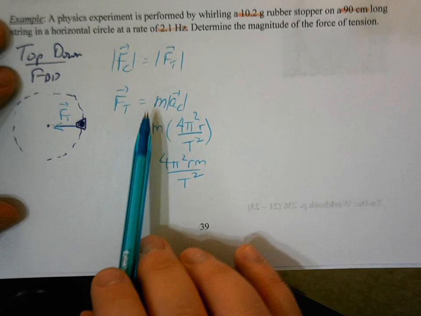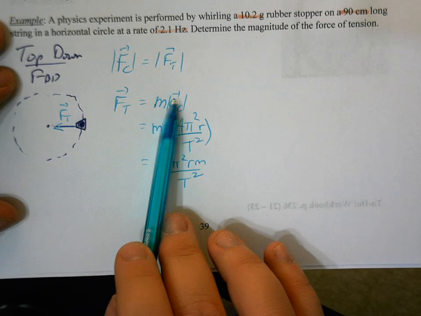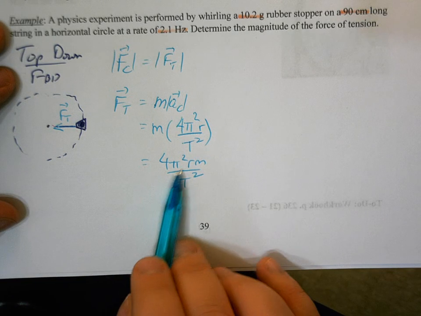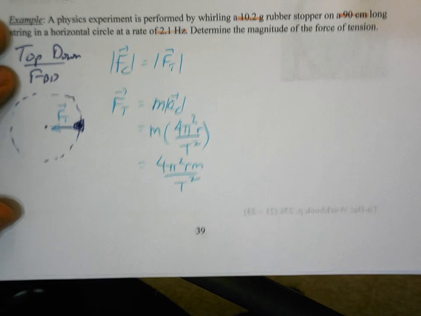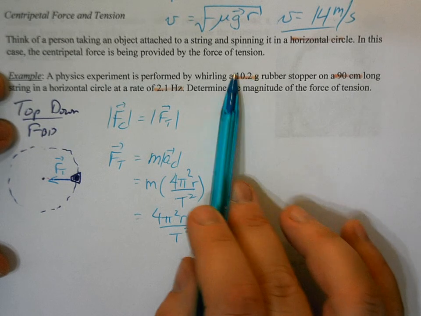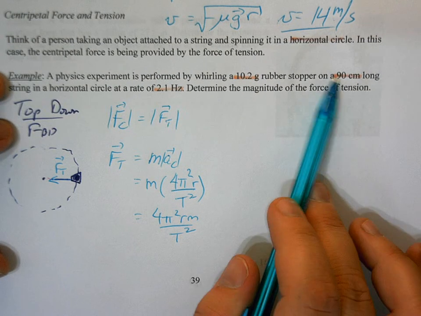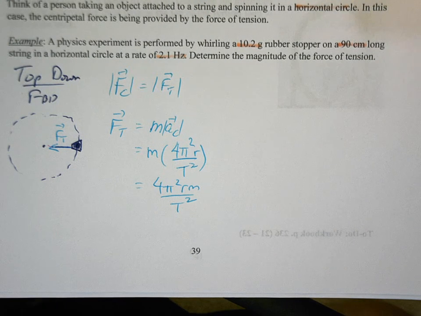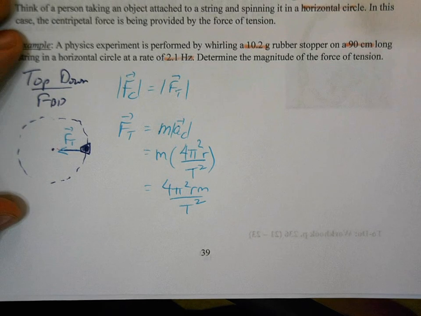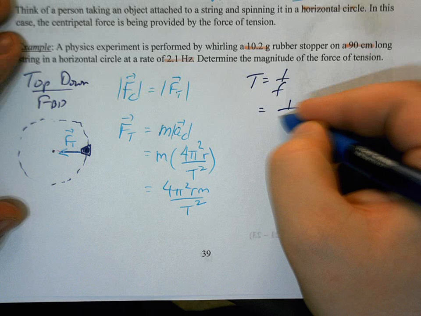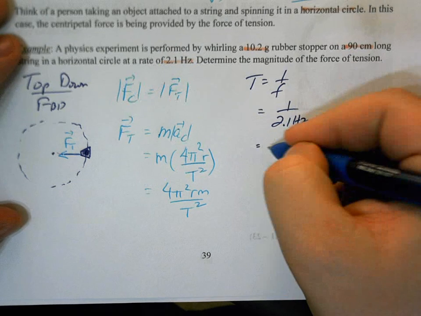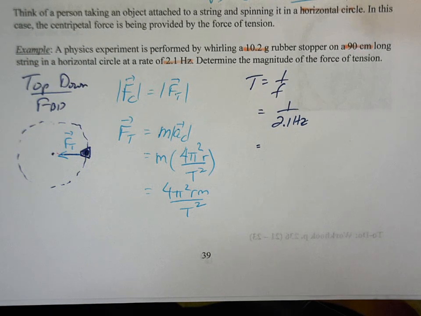So if we know the force of tension is the centripetal force, and we can have an equation for the centripetal force as 4 pi squared rm over t squared, we need to find t, and we also have to deal with the mass because it's in grams, and we also have to deal with this 90 centimeter string. So there's actually a lot going on here. But first of all, we know period is 1 over frequency, so we're going to deal with that one right off the bat. That's the easiest to deal with. So we're going to get about